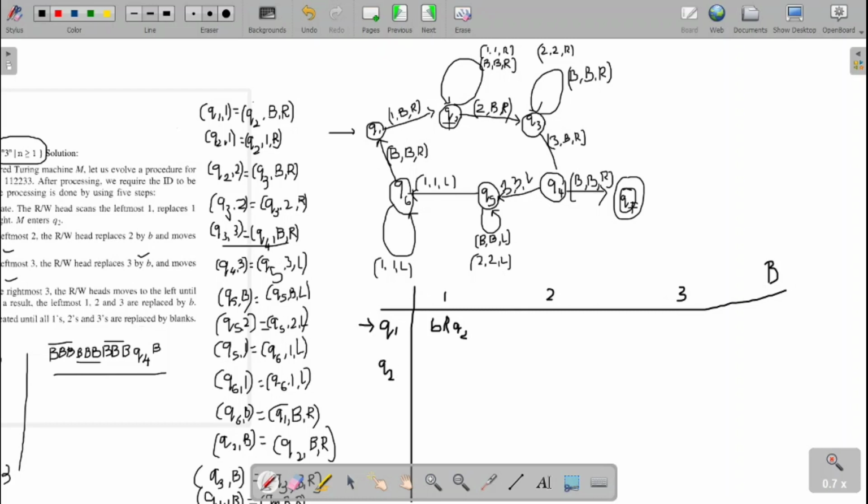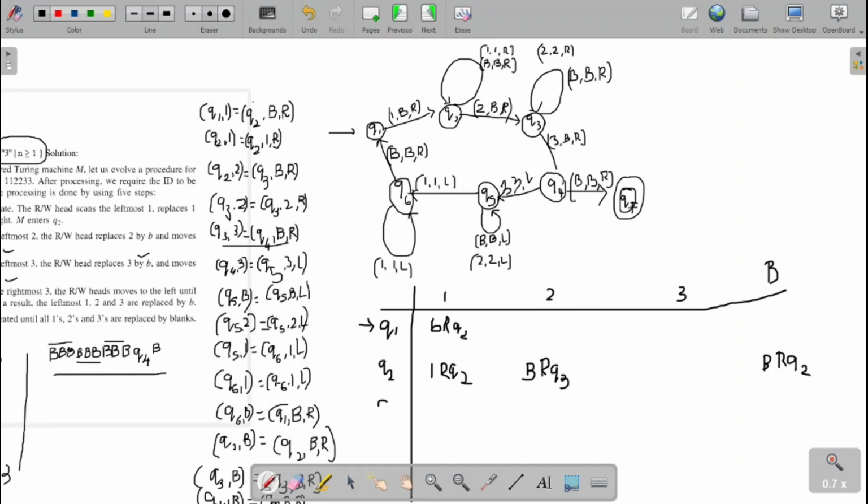Then Q2 on 1: I will replace the 1 with 1 as it is, then have the right movement. The state will be Q2. The next, on blank, have the right movement. I will change the state to Q2. Then next, Q2 on 2. The 2 I will replace with a blank. I will have the right movement. Change the state to Q3.